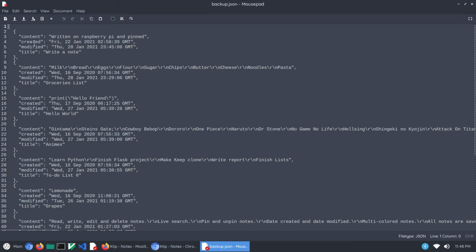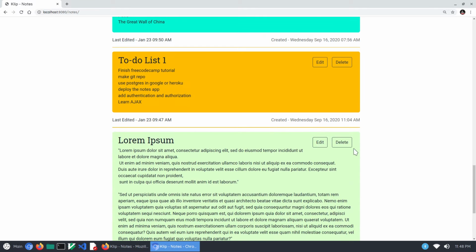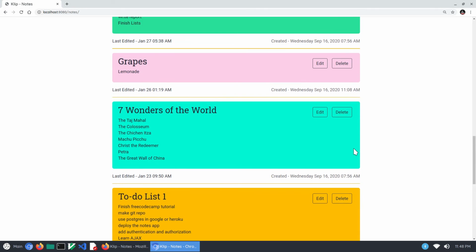Here we have all the notes which were there in the app, like the one written on Raspberry Pi, pinned, write a note, the groceries list, all the notes are there.